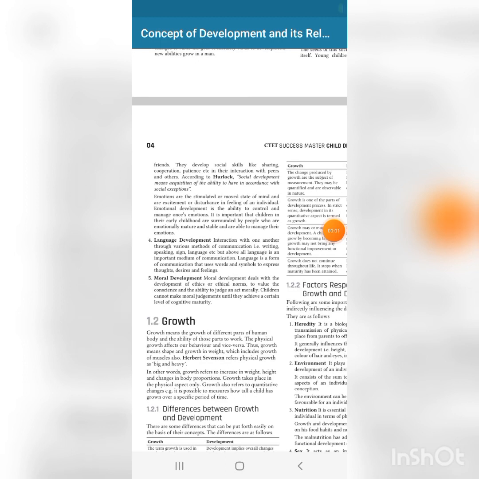Now let's discuss language development. Language is a medium through which people convey their feelings, thoughts, and ideas with one another. It is an important medium of communication. It is through language that one person is able to interact using various mediums of communication like writing, speaking, sign language, etc. Language is what distinguishes between a man and an animal as it helps to communicate to another using words and symbols to express their feelings, desires, or thoughts.